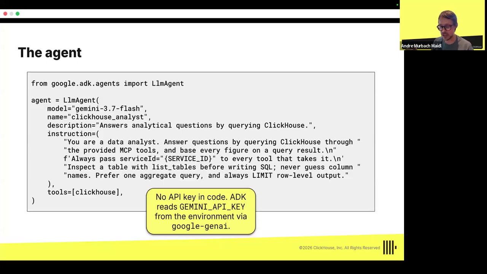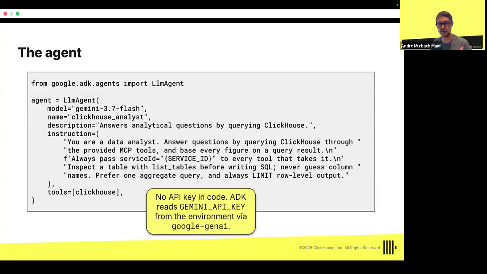And then how we actually implement the agent, this is very simple. I just need to import this LLM agent from the agents in the Google ADK library. Then I'm configuring the model, which is Gemini 3.7 Flash for this example. I also created one agent that I named ClickHouse Analyst, and I provided some instructions here on how it should behave, that it should use the service ID that I provided in my environment file.